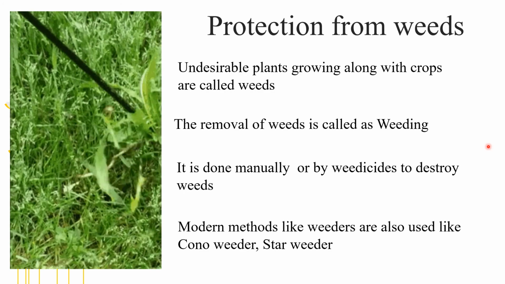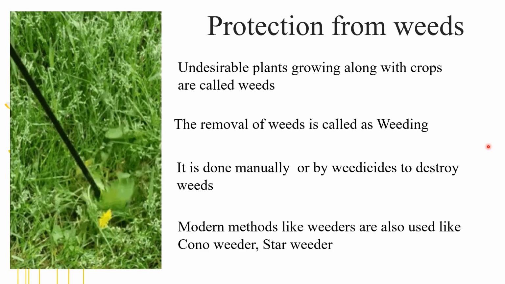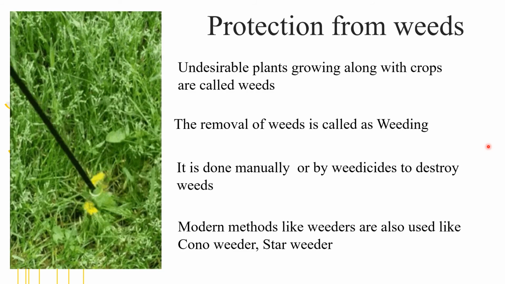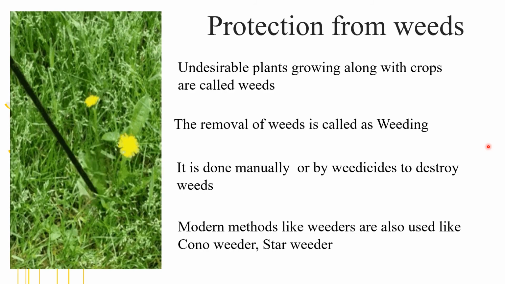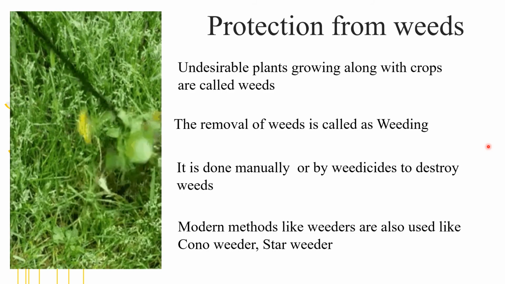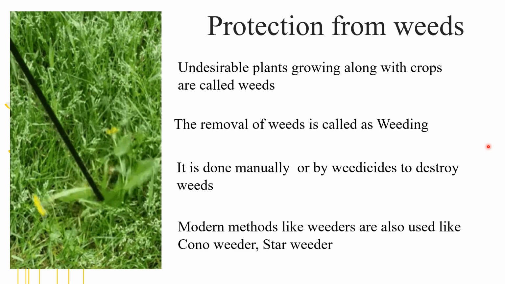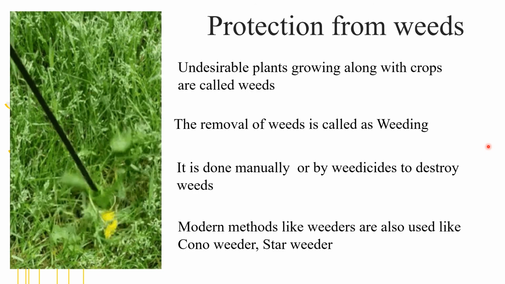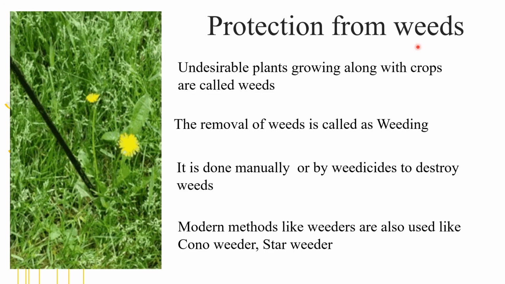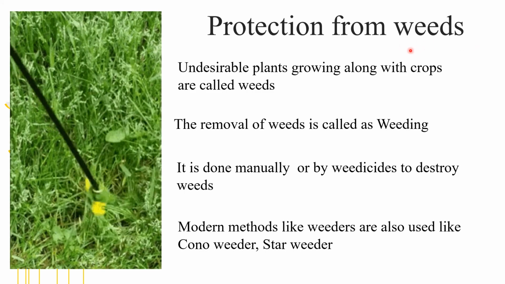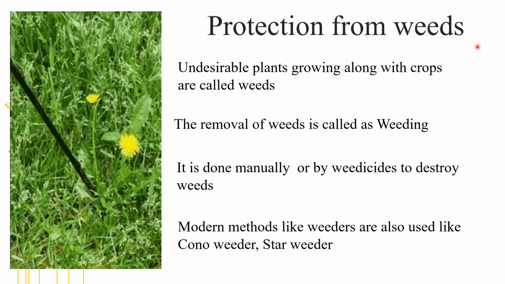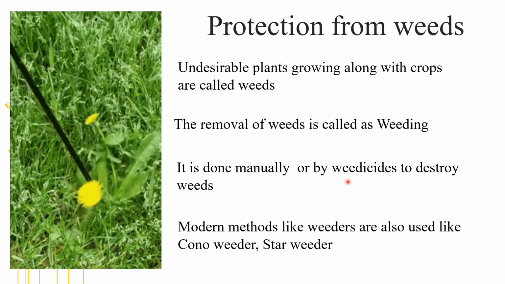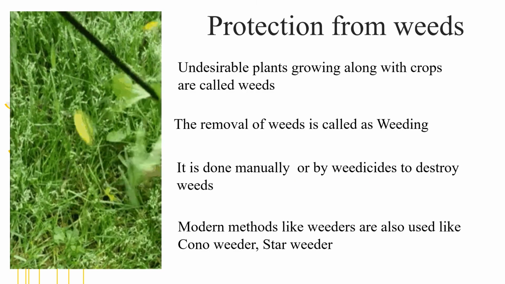The same way the crops will be fighting for the nutrients, and when these weeds grow, what will happen? They will also start fighting for the nutrients which are actually supposed to be available for the required crops, and that is why only if we remove these weeds, the nutrients present in the soil will not be wasted, and can be completely utilized by the crops. So let me give you a recap. The unwanted plants growing along with the crop are called weeds, and the process of removing these weeds is called weeding, and it can be done either manually or using chemicals called weedicides.